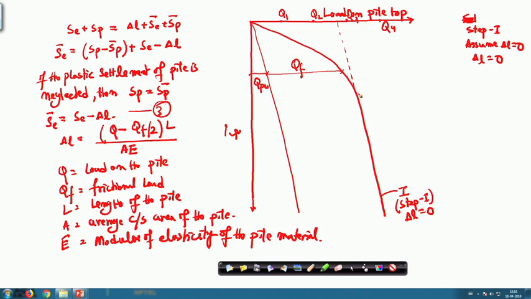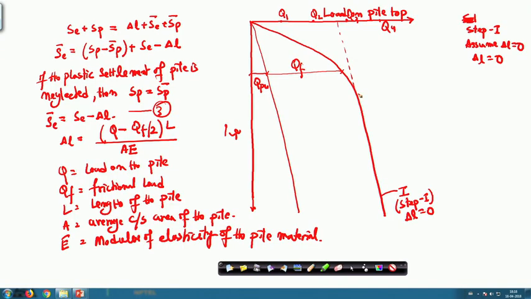You can see, depending upon the type of soil you are testing, this curve may change. I have drawn it, but it may not be in proper scale. Depending upon which soil you are testing, you will get the proper curve, but the procedure is what I am explaining. After a certain point, suppose this point, the friction resistance in this portion is the same, it is not increasing, only the tip resistance is increasing. That means at this point your friction is fully mobilized.